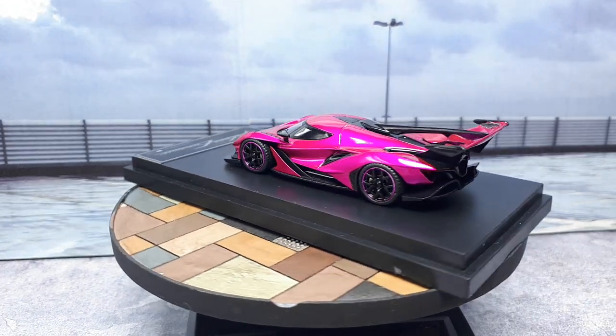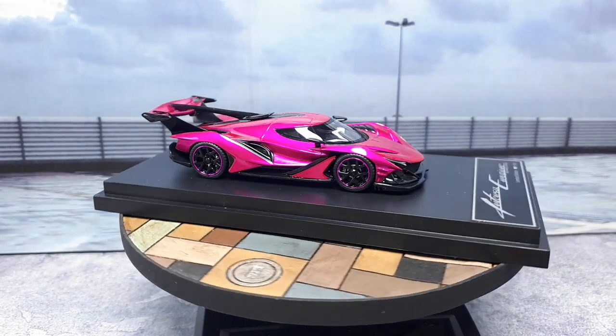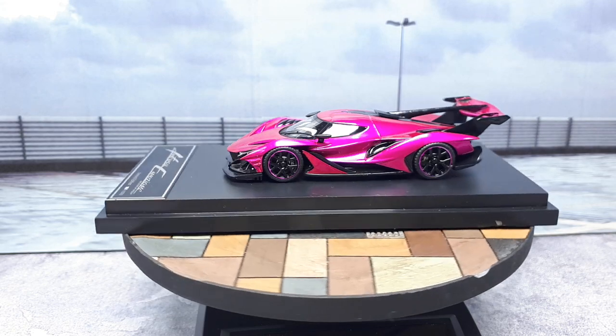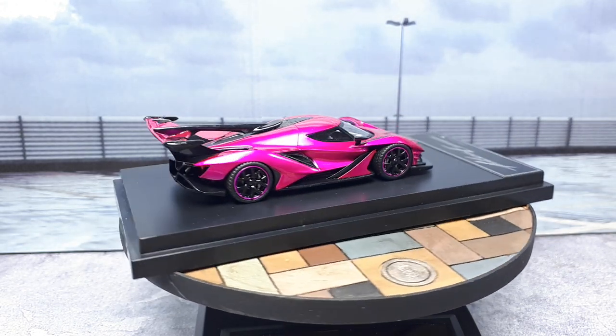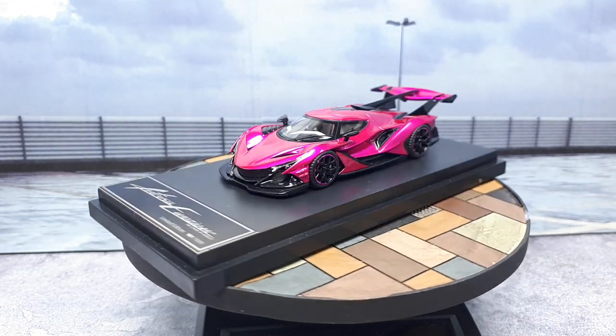This is one of my very first resin model purchases. I bought it because of its crazy pink color and the crazy styling. It reminds me of an insect, like a hornet or something like that. And there's just a lot of wings going on here, and a lot of color, a lot of details, grills